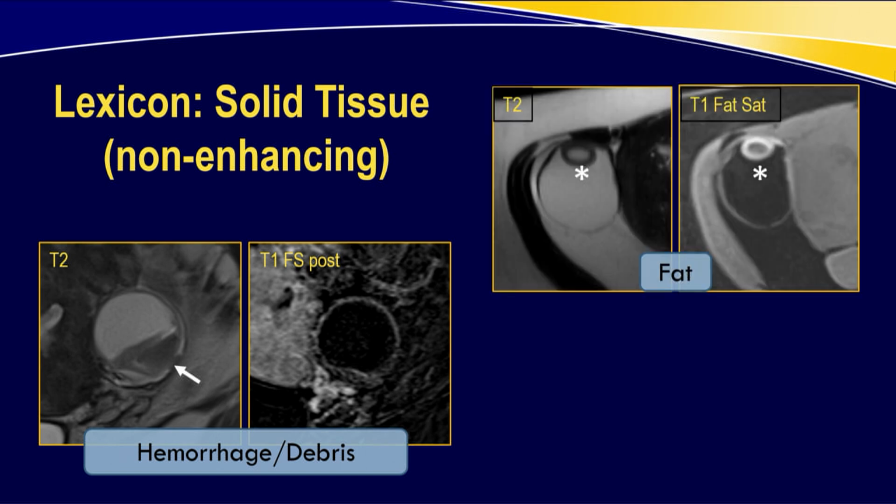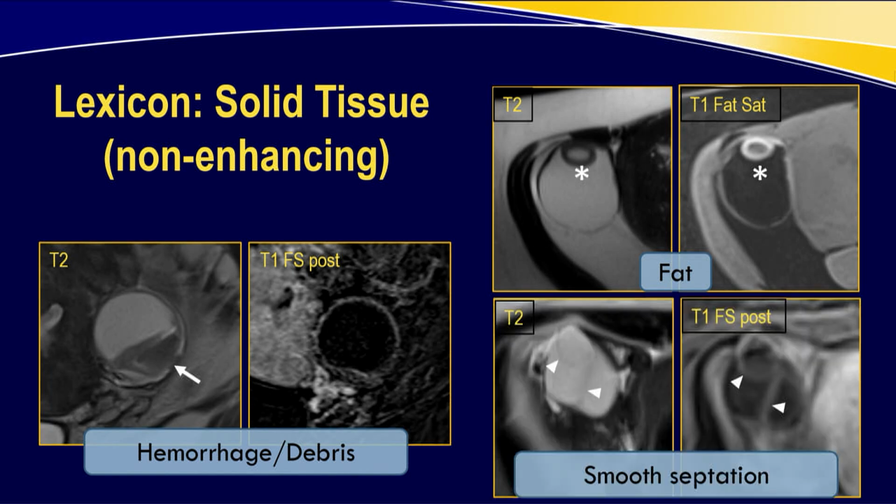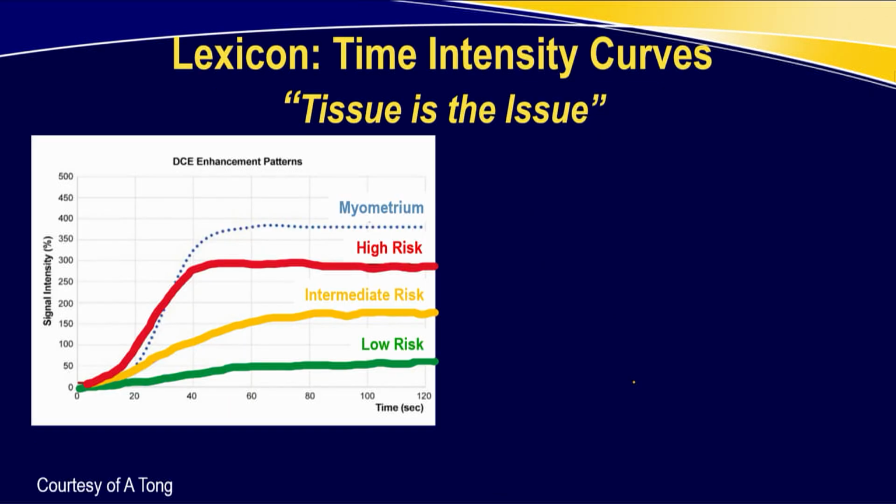The fat in a simple dermoid is also solid tissue, but we don't see enhancement. So that would also qualify as solid tissue that doesn't enhance. And finally, smooth septations, while we could argue they enhance, if they're thin and smooth and gracile, we consider that non-enhancing tissue. And then it comes down to these time intensity curves, which again, if you have the